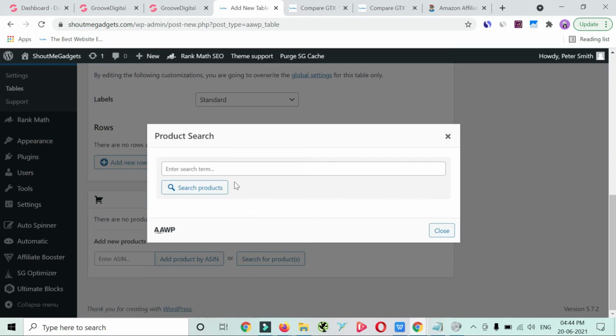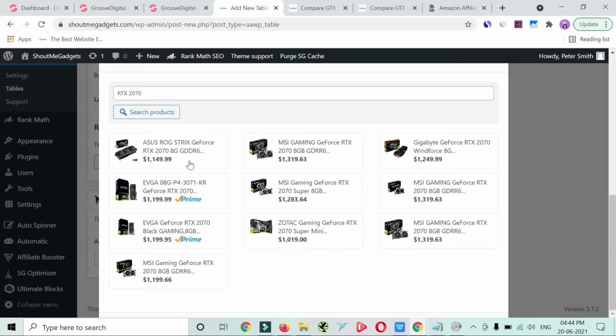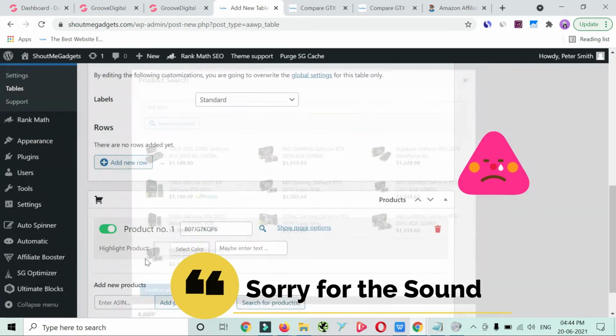So I'm going to use search for products, and once you click on this, just enter the keyword that you want to search for from Amazon, and it will show you a lot of options, as you can see. So I'm going to select one option, like this one, and once you select, just click on confirm selection.